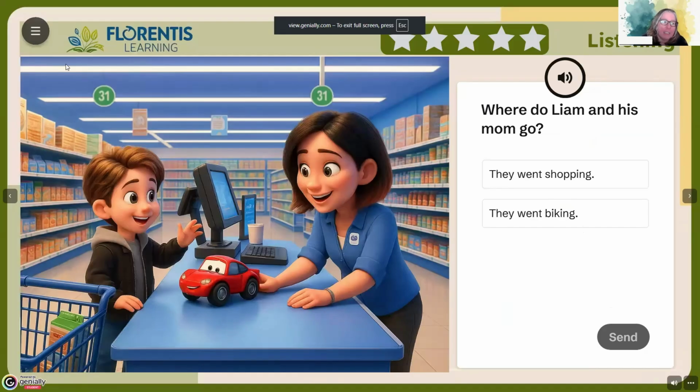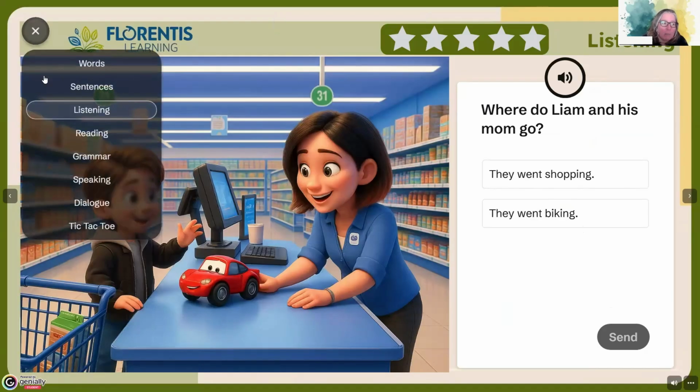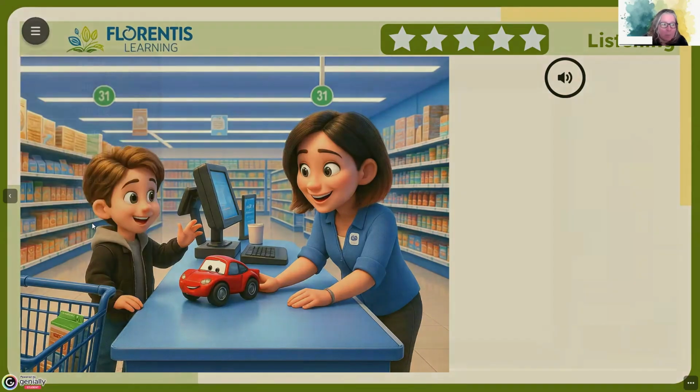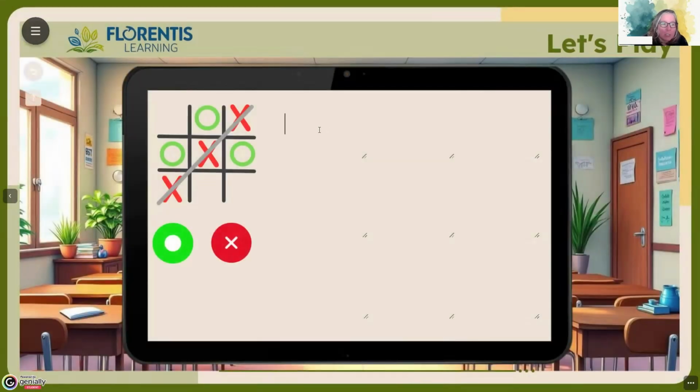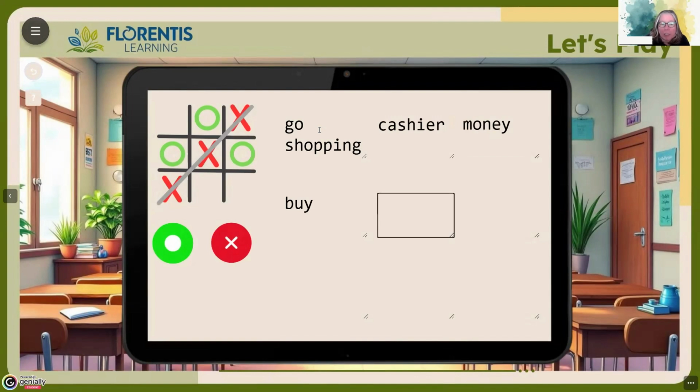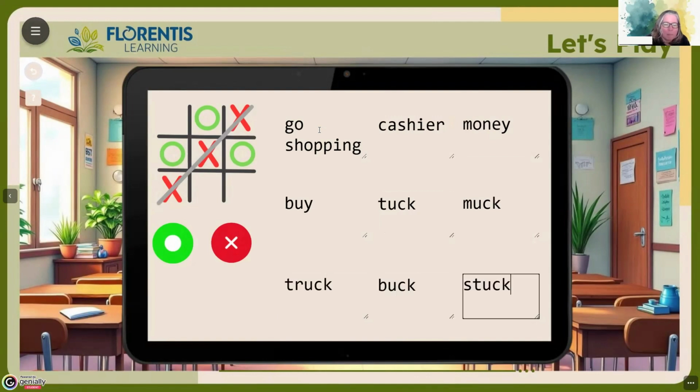So from any lesson screen, you're going to go to the menu and click on Tic Tac Toe. From there, you'll notice that there's no words on the screen. You can use this for vocabulary words. You could use it for phonics words. And once you have added the words to the screen, so you can do this at the beginning of your